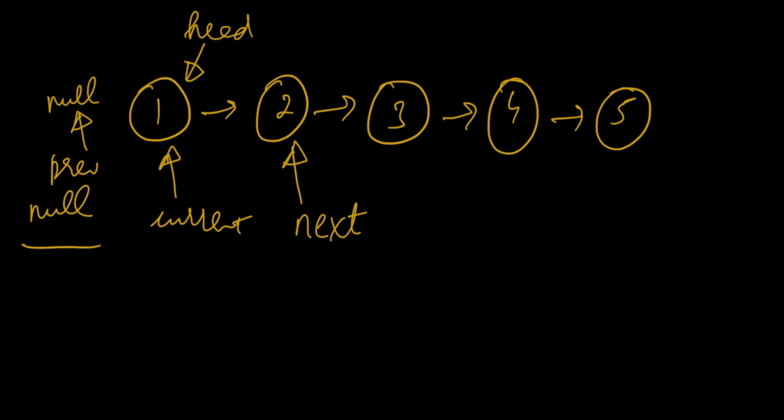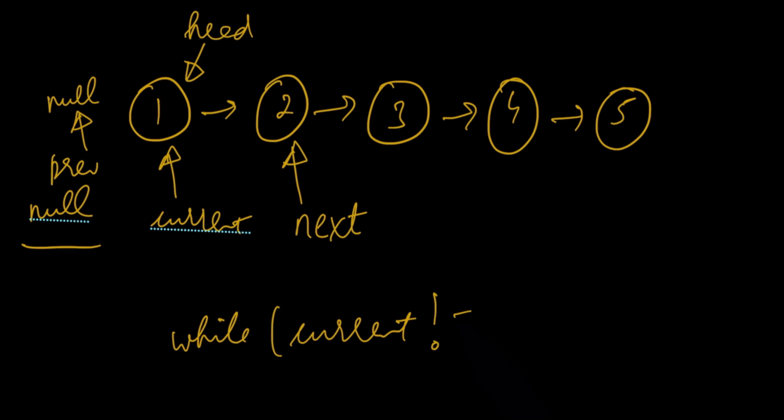As we iterate over the linked list in our while loop, the while condition would be while current is not equal to null, and inside our while loop we're going to update the current.next pointer to point to the previous,